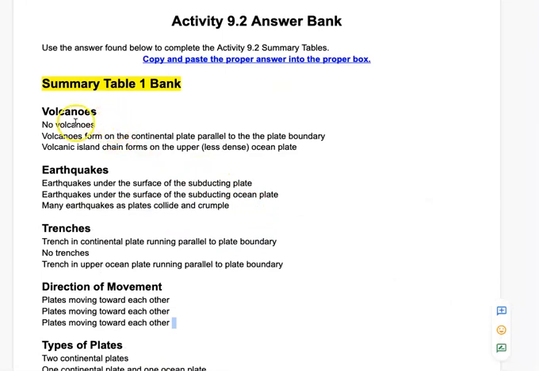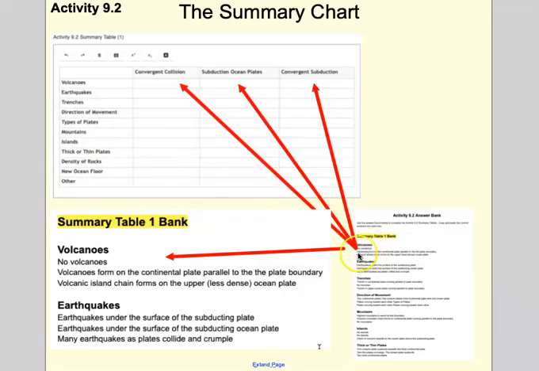Under volcano, one of those blanks is going to be no volcanoes. One of those blanks is going to be volcanoes form on the continental plate parallel to the plate boundary, and volcanic island chains form on the upper, less dense ocean plate. So if we again go back there, you're going to use those 3, just copy and paste them into whatever they are. Now you know that if it's convergent subduction